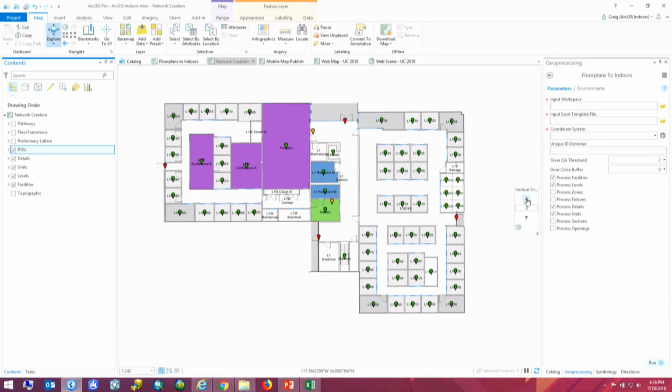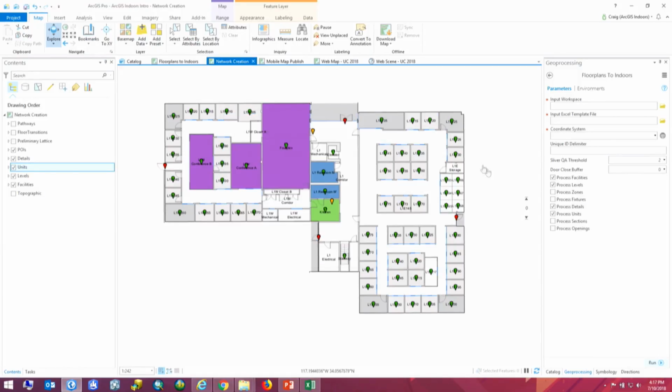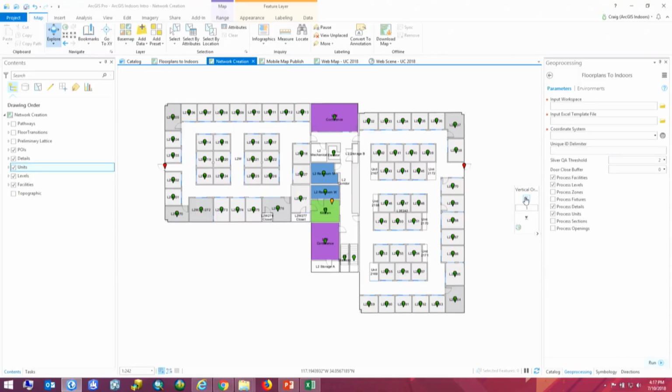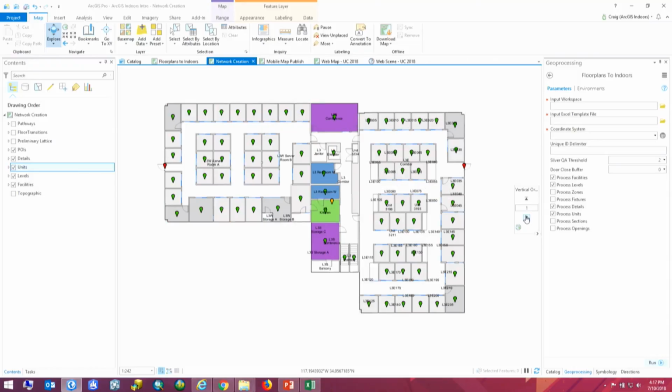It's really, really useful with indoor data because you may have 10 or 12 layers in your floor plan, occupants and equipment and furniture, et cetera. As you switch floors, you would have to apply a new definition query to each one of these layers to show them for the active floor on the map. In this case, with the range slider, we can apply them to a range. In this case, it's vertical order, an integer value associated with each floor that we put in the spreadsheet in the beginning. Now we can just go up and down with the arrow button, and we see our new floor plan as we go up and down the floors, and see our POIs and equipment and floor plan lines. So really handy.